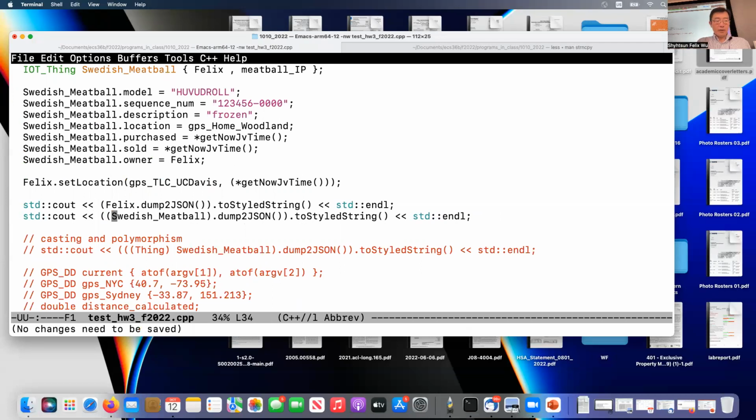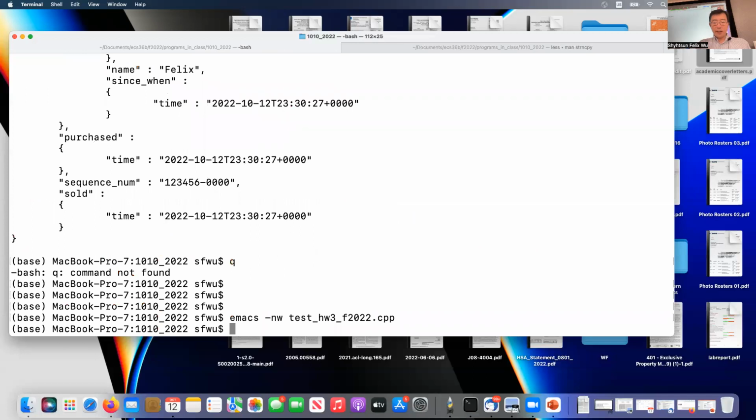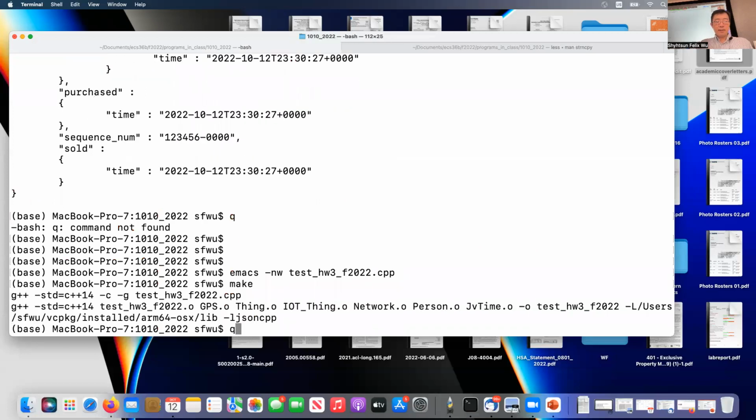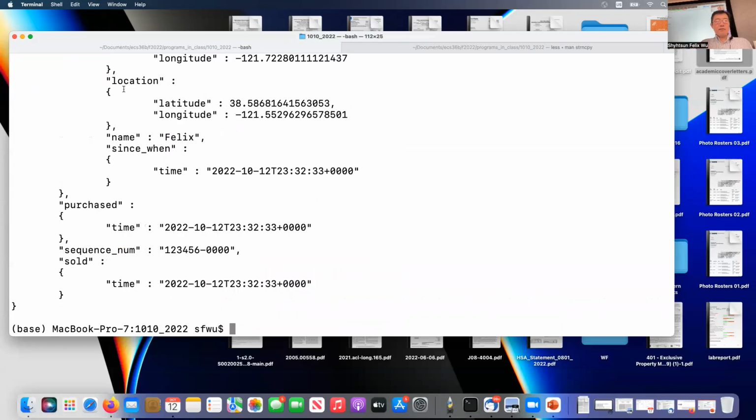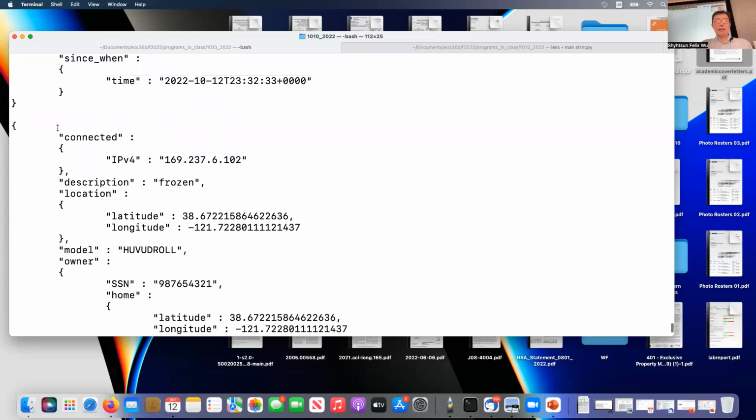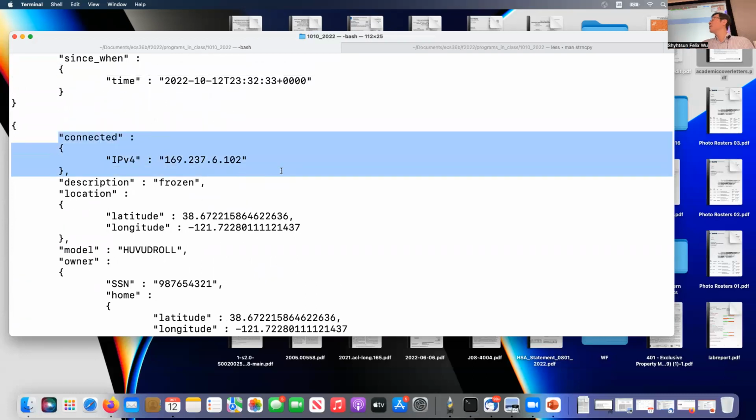Switch nibble is IoT, so I don't do the casting. You run it, now you have connected back, right? Yeah, you just play around with the casting and the virtual function, you can determine what kind of